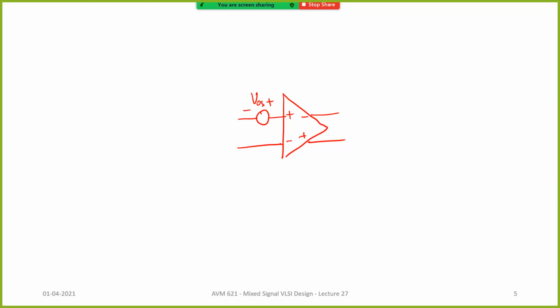Let's say in one phase of the clock, this op amp is not doing anything useful. So it is all up to me, right? I have some nanoseconds of time, or tens or hundreds of nanoseconds, where I can do anything with this op amp, but I want to be able to measure the offset. How can I measure the offset? For our modeling purpose, we say there is a voltage source in series, but in practice you don't have any voltage source sticking there. You know that there is some mismatch there. So how can you measure?